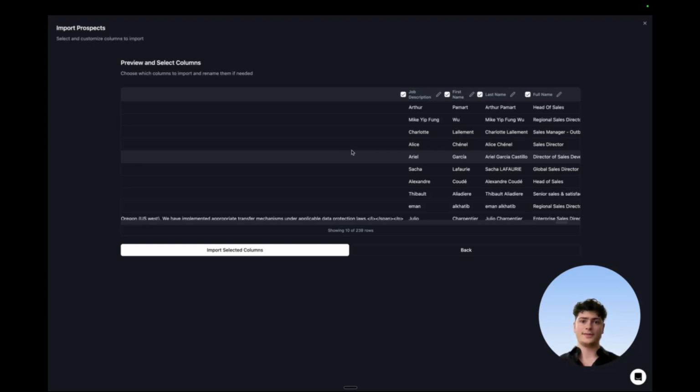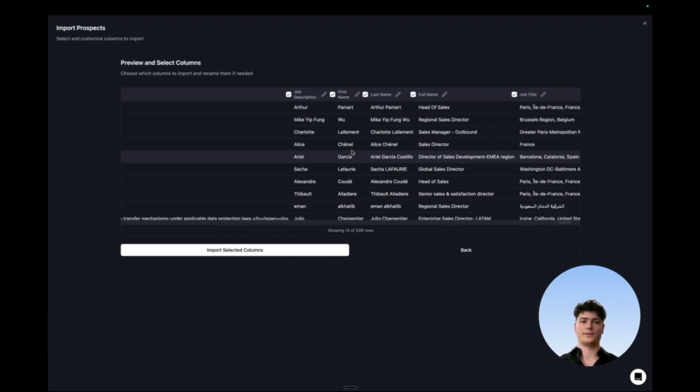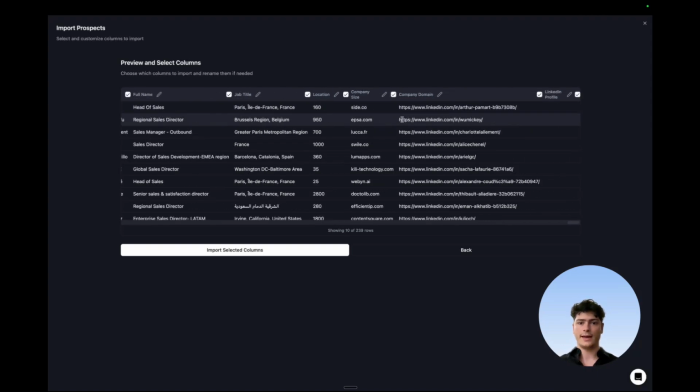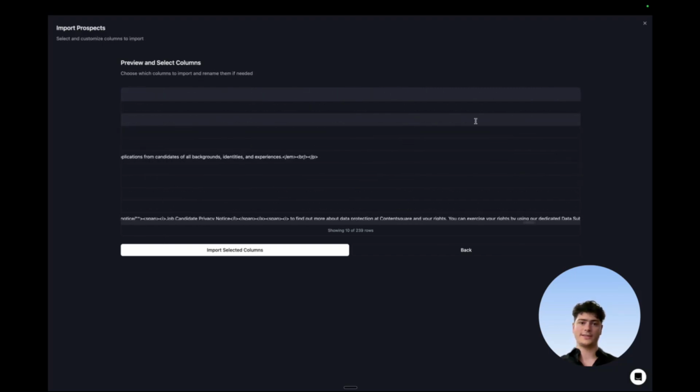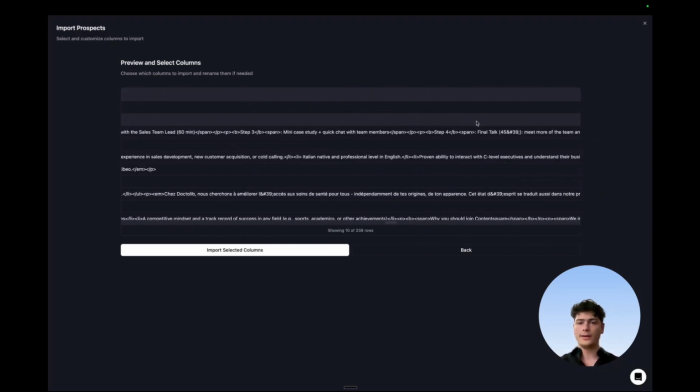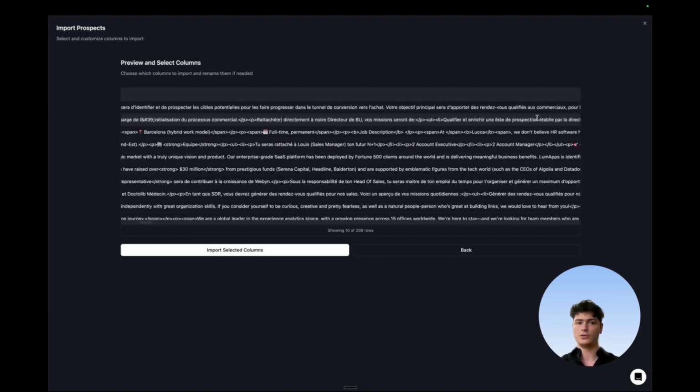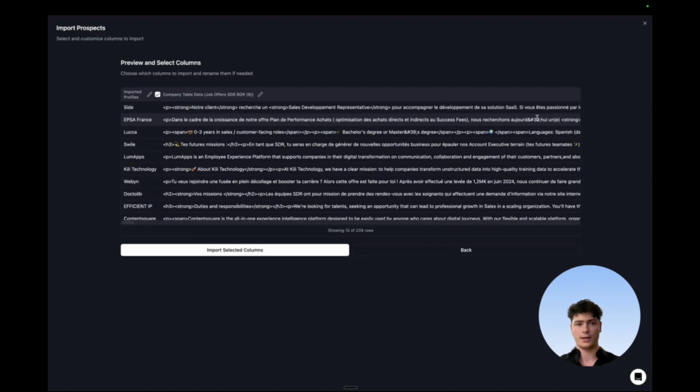The only fields that are required are those three fields. So the first one is the first name, of course. The last name is the second one. And the last one is the LinkedIn URL. Okay. And once you have those three fields, all the other fields are optional. So if you do want to put them, you can put them, and it will be given as additional info. And if you do not want to put them, you can just get rid of them and it will be deleted, basically. Now that you have chosen which fields you want to keep, you just have to click on import